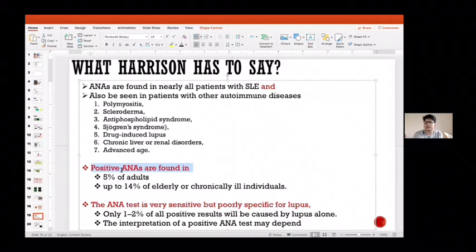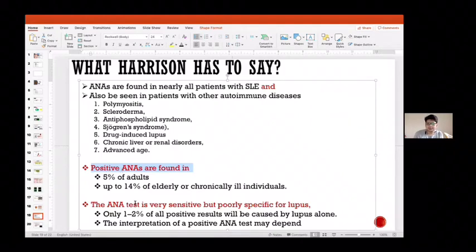So if I do a test for all of us, we are around 50 in the group. There is a chance 2 or 3 might have ANA positive. So we should not respect that much, that ANA positivity can be false positive even in healthy population. In adults 5% and elderly it can be up to 15%. So always at the end, what matters is the patient, not the test.